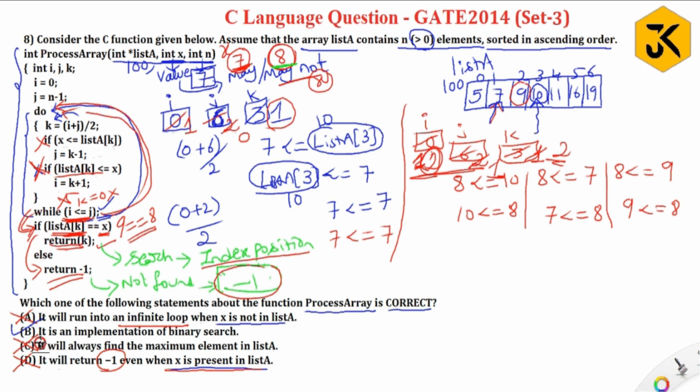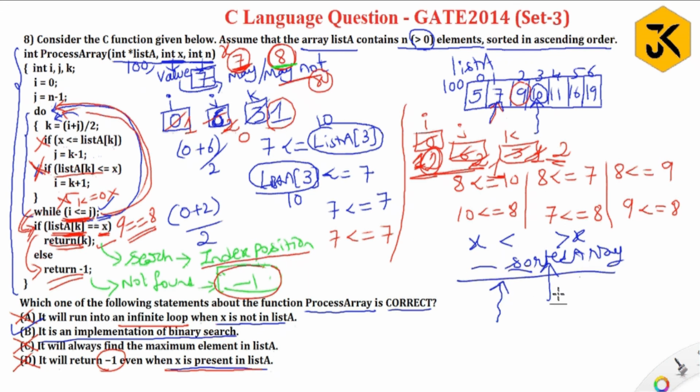What is option B? It is an implementation of binary search. You know what binary search is, right? Yes. So if you want to apply binary search, the operation should be applied only on a sorted array. Every time it is going to find the middle element and check whether the element you want is present on the left side or on the right side. Then this process will repeat. If the element is present on the left side, then you find the middle element of the left side and check whether that element is present on the left or right side. This process will continue.